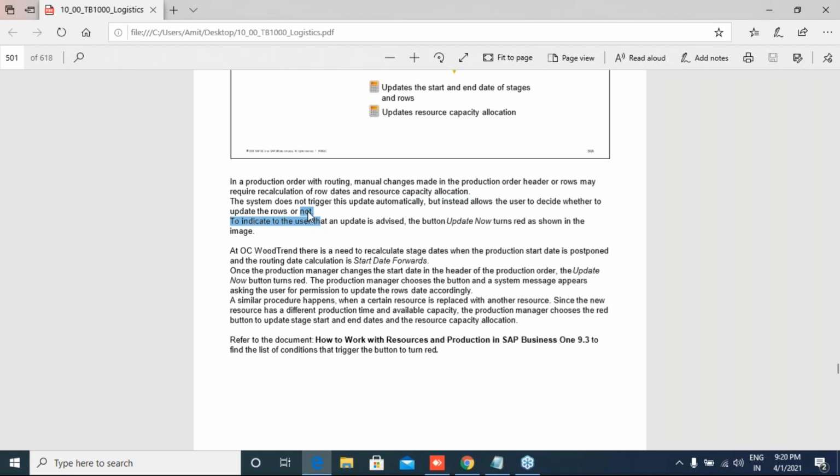The system does not trigger this update automatically, but instead allows the user to decide whether to update the rows or not. To indicate to the user that an update is advised, the Update Now button turns red as shown in the image.